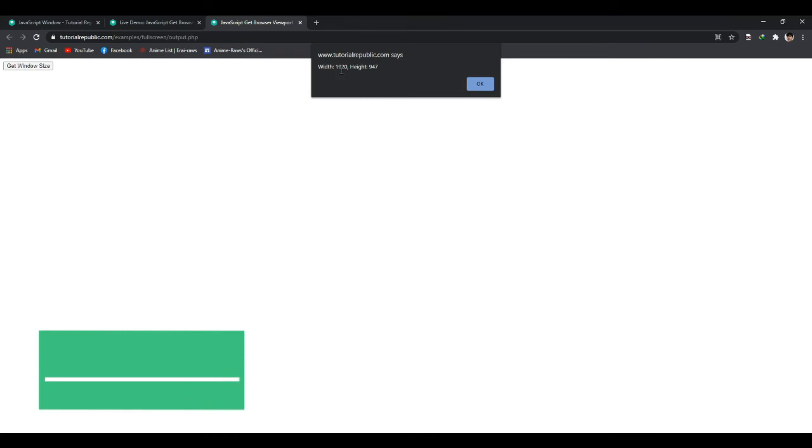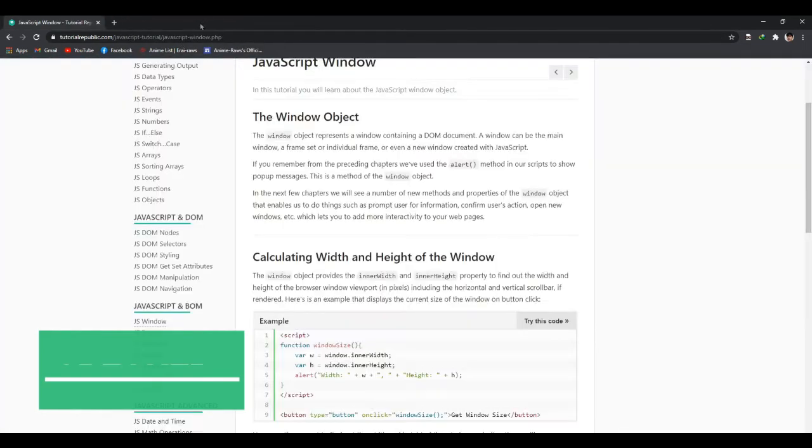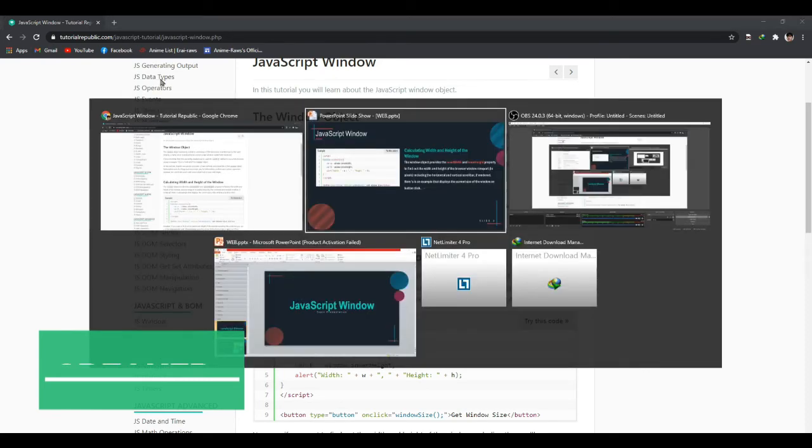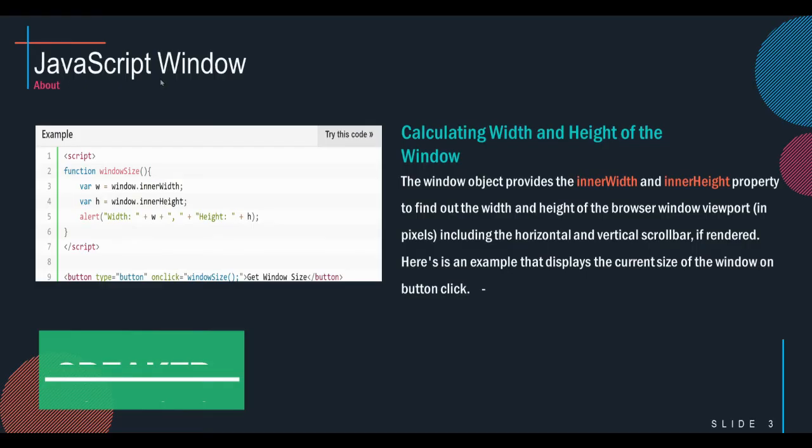So if we click this window size, we're going to see a pop-up window here from above. So we're going to see the description. So width is and height, so okay. So going back,